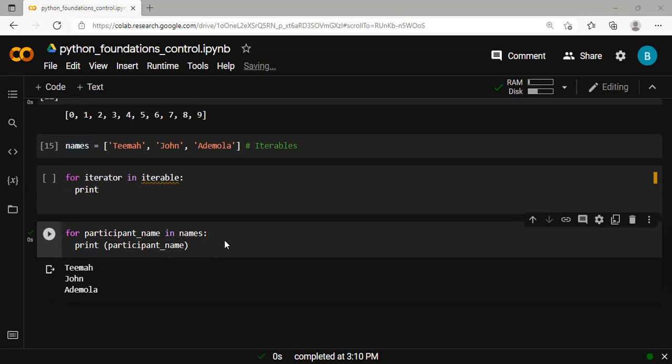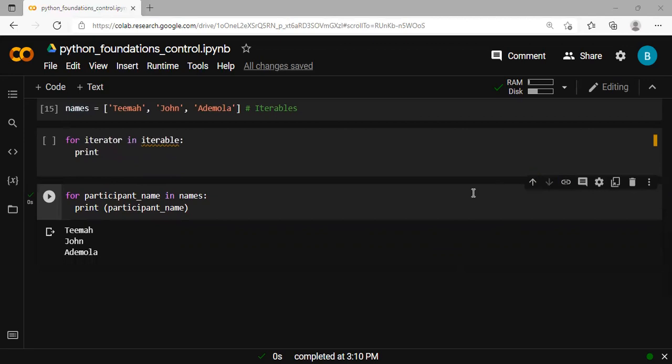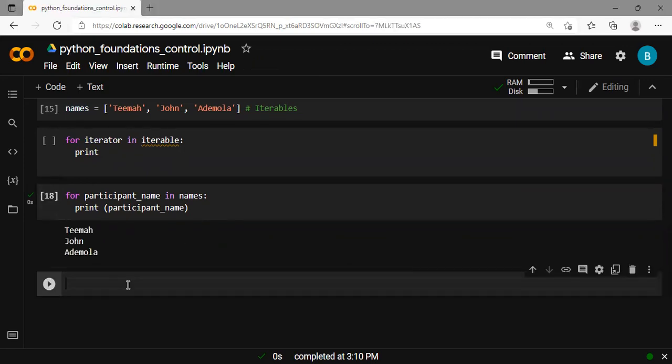Now, okay, so let me do something. So far, we've looked at very easy data structures. So let me introduce a data structure that could be very wonky to deal with, dictionaries. For a while, dictionaries were like my kryptonite because sometimes they could be very wonky to deal with. So participants data, all right, equal to